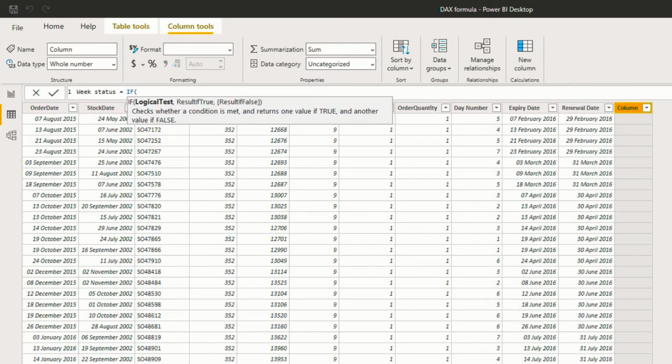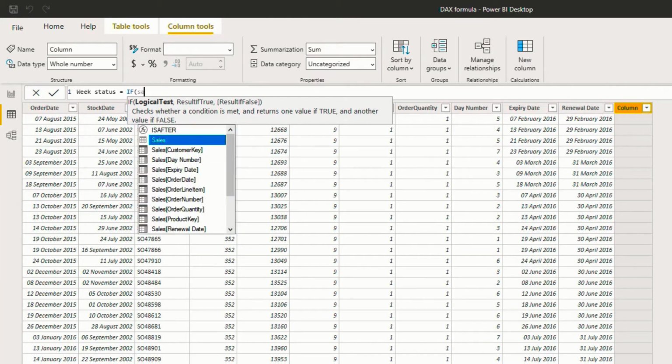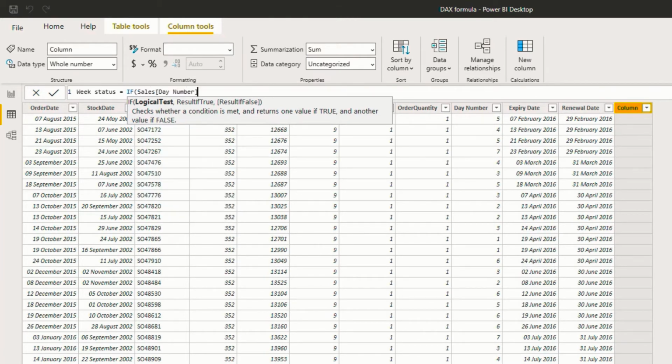Now the first argument for the if function is logical test. So the logical test that we can use is if the value in the column day number, that is in sales table, the column day number.